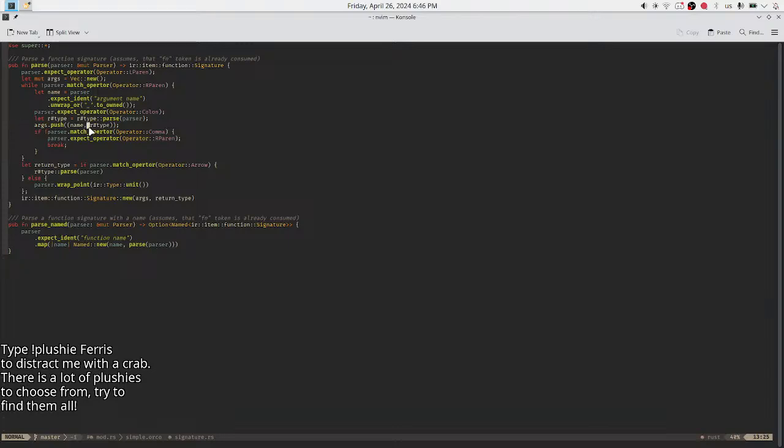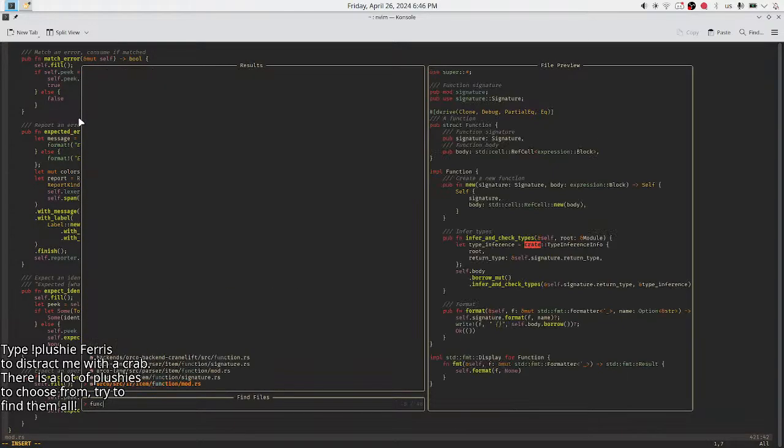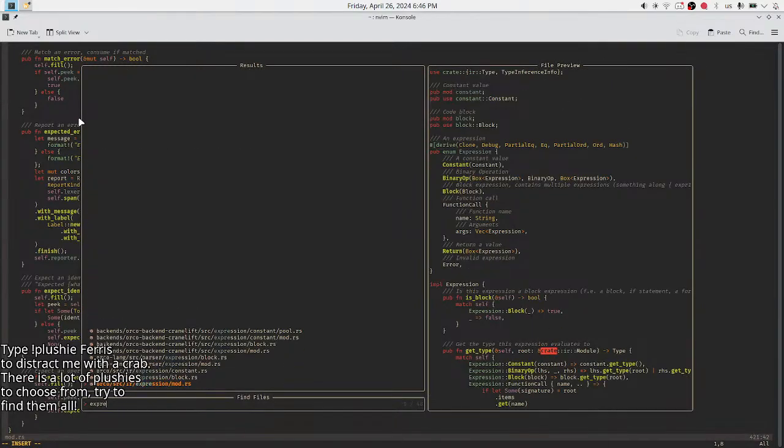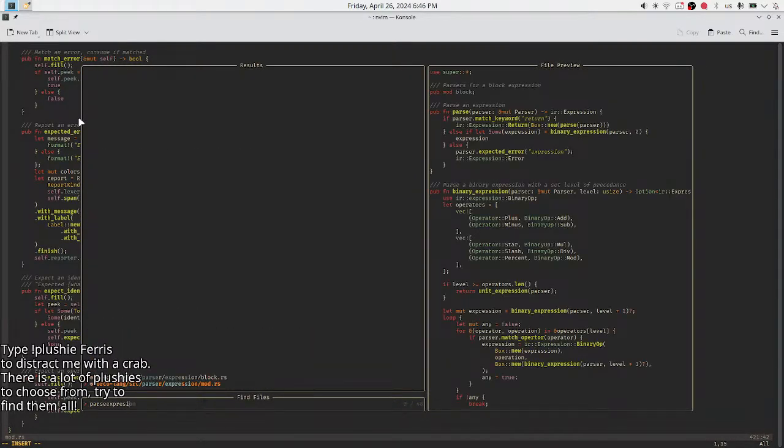I need to fix this. So while I'm not matching right parenthesis, then expect. Oh no, actually, it's wrong. I need to go into function. It's an expression. Parse expression.